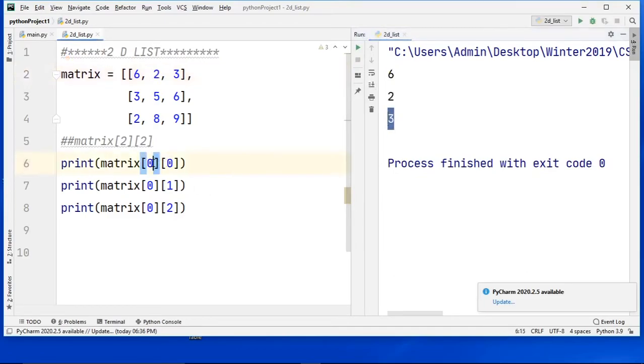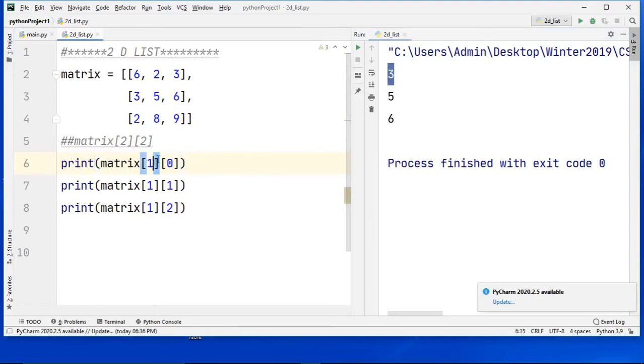Similarly, if you just change it to 1, then it will print all elements of the second row. That means the row index is 1, otherwise it is the second row, right? First, second, third, but the index is 1. So 1 1 is nothing but 5, 1 0 is nothing but 3, and 1 2 is nothing but 6.